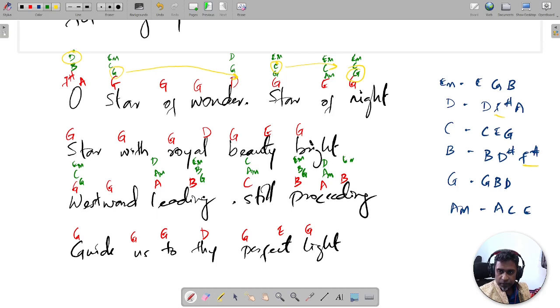And the E minor, B and G. Let's choose the chords here for this line. Westward leading, still proceeding. Okay, so let's see. I can play an E minor, C or G. Let's start with the westward, westward, westward. Or let's try to see westward,